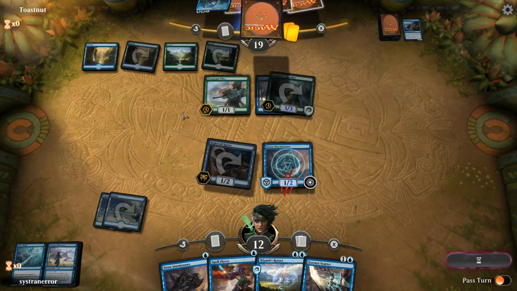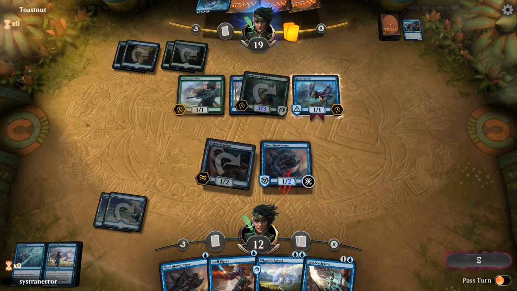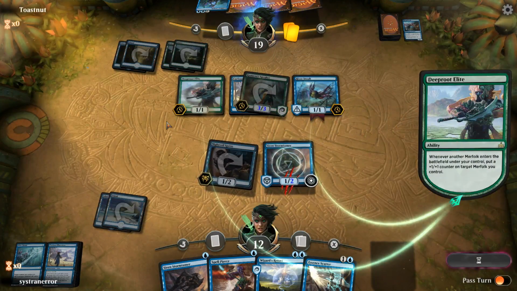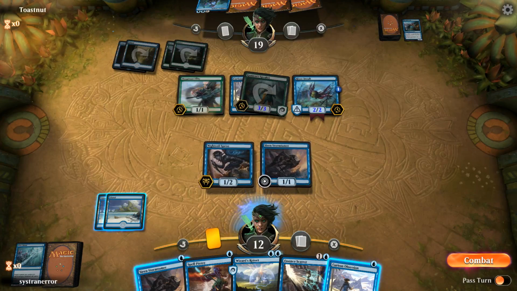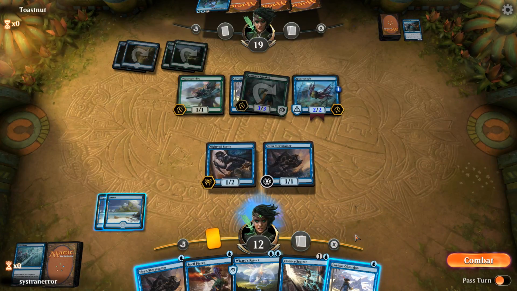And he's going to buff this guy. This thing is unblockable. Yeah, it's looking pretty bad. Okay, we just don't have... I mean, we knew we weren't going to get land, but...